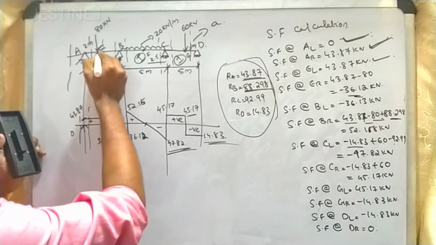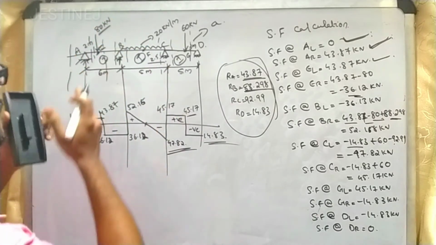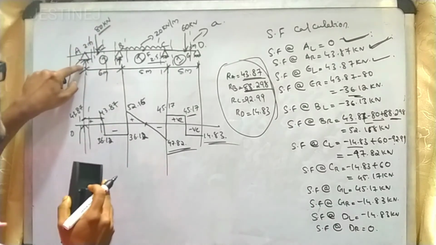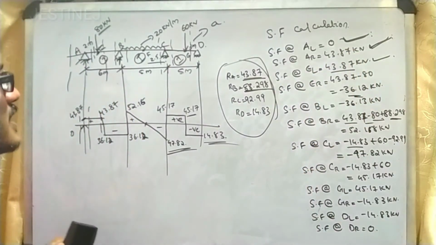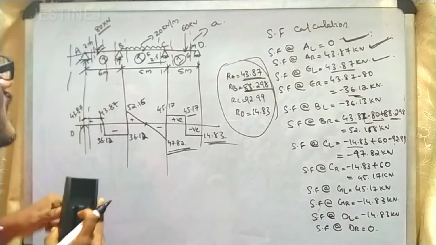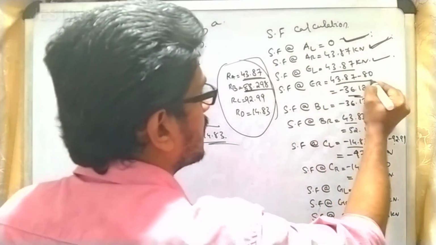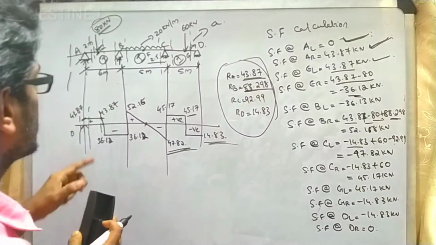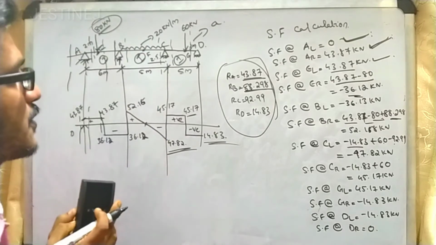Okay, then you have to consider where the load is acting, and the right and left side. So if you take the left side, only this reaction value is there, so you can easily write down 43.87. Then you have to consider the right side of this point E. Then you will get the value as, you have to consider this 80 also. So 43.87 minus 80, and you will finally get the value as minus 36.12, a negative value. And if you are taking a section here also, the same value is going to occur.